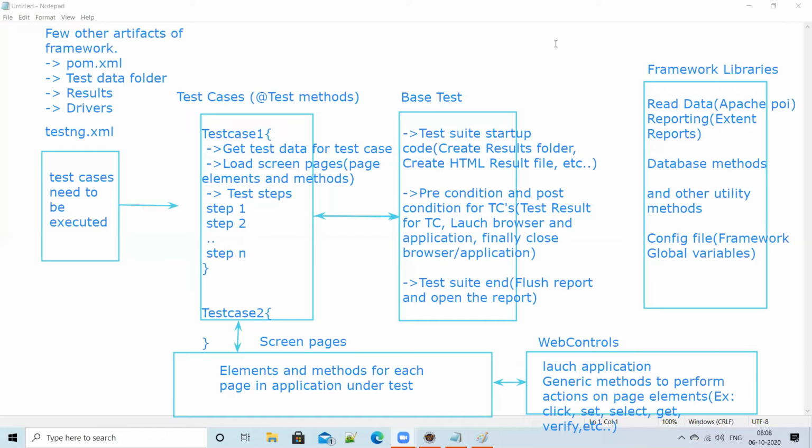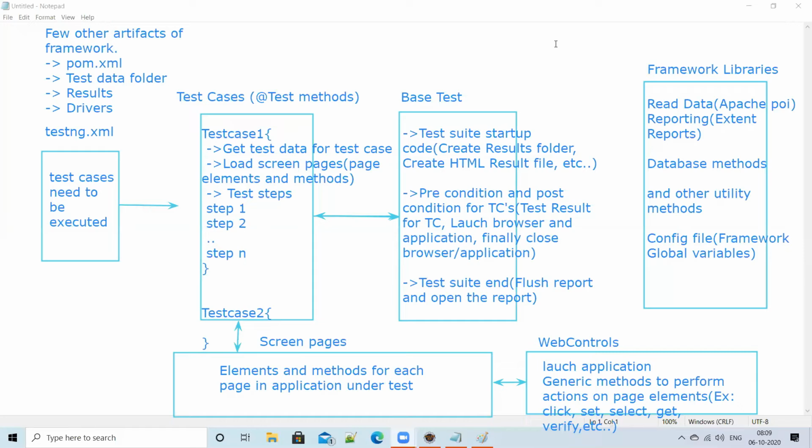Basically, screen pages will have a class for each page in our application. For example, login.java, home.java, like that for every page, so a page name dot Java file. In the screen pages classes, we define the elements with XPath, and we define the methods to validate the page.